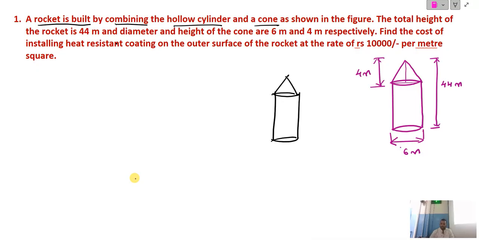Now they have given the total height. Total means what? Cone height plus cylinder height. Both together is 44 meters. The total height is given. Total means height of the cone plus height of the cylinder is given as 44 meter. And then they are telling the diameter and height of the cone. Now as you can see in this figure,